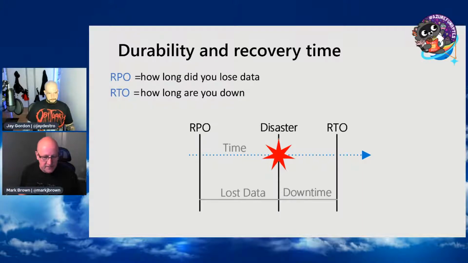This is what CAP theorem says, right? You can't have consistent data in a distributed data store. CAP theorem says you can't do it, and it's physically impossible. And then there's RTO, which is basically how long you are down for. These are questions CIOs across the world ask: how are we going to store our data? What's going to happen when we go down, like if our website goes down or our database is unavailable? What's the recovery? And I think a lot about RPO and RTO in the idea of backups.